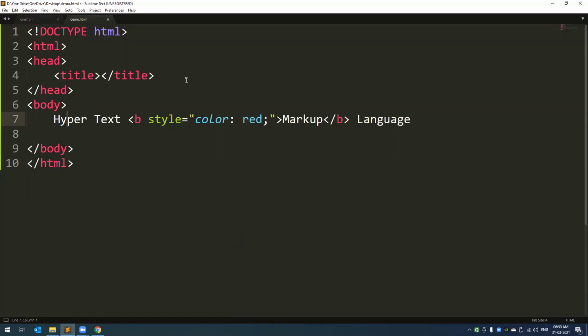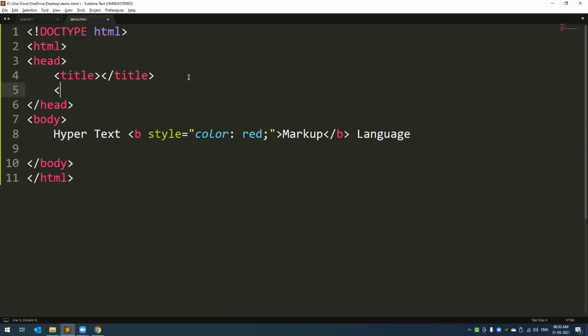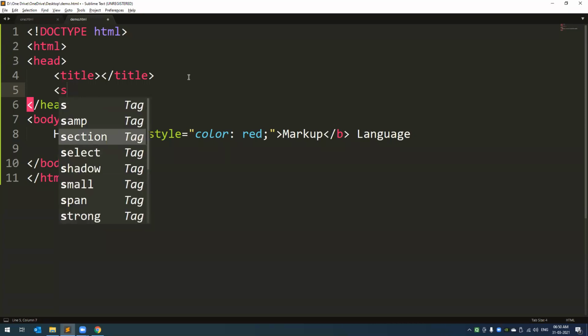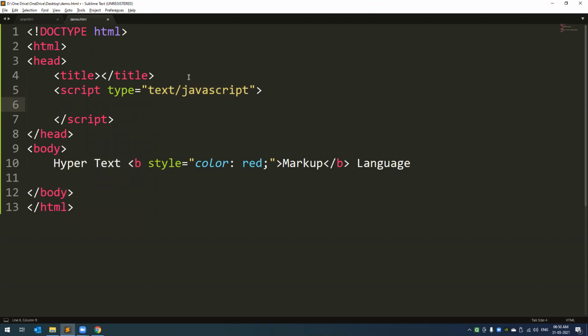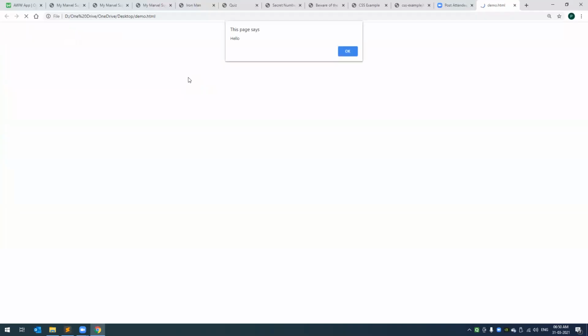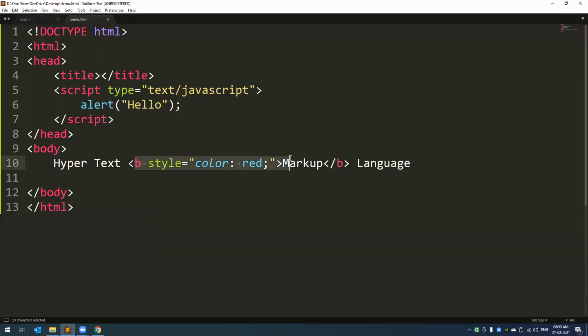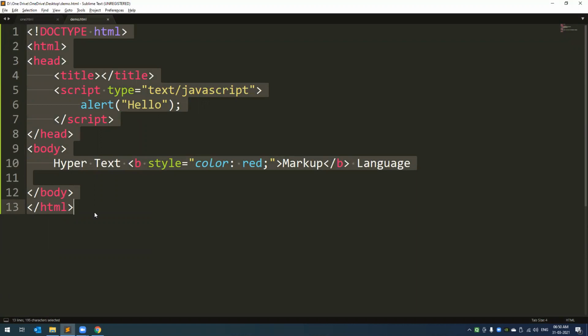All right. And to add JavaScript, oh, did I type my spelling wrong? Sorry. And we'll just add, say, a very simple JavaScript command. Okay. And this will give us an alert button in the beginning, just like a hello button. All right. So this will give me a pop-up window. This is JavaScript. So when I open my files, this gives me a pop-up window, hello. As you can see, everything, my CSS or my JavaScript, everything must be written in my HTML file.